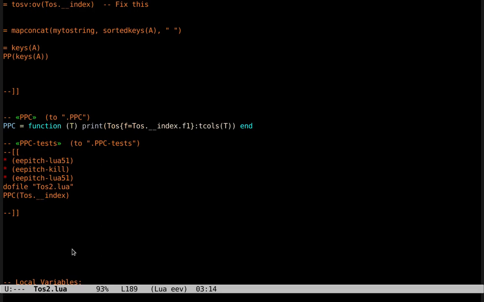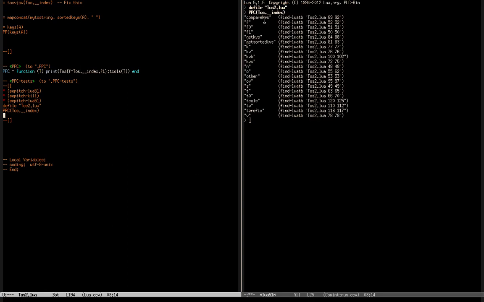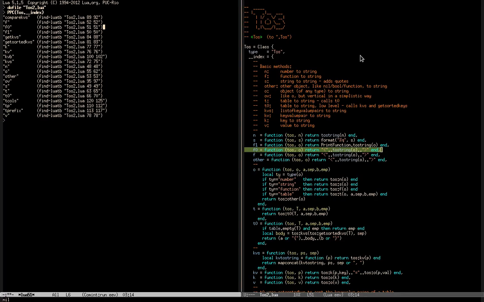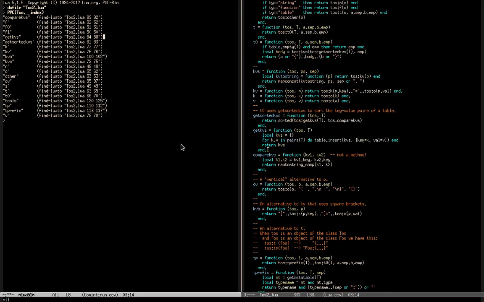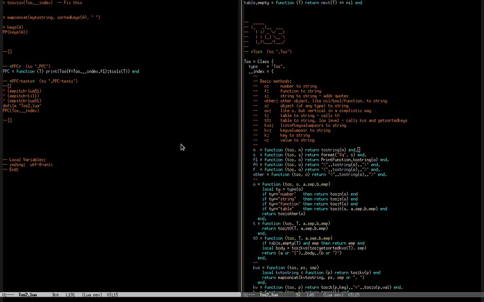If I try to print the table of methods for a certain class, I'll need a smaller font. It prints the table like this with the names of the methods, and then links to the source code of the functions. These links only make sense in Emacs and in AV. And when we run a link like this one, it shows the source code in the window at the right. So for some functions, the source code is 3 lines. For other ones, it's 1 line, and whatever. Anyway, let me go back.